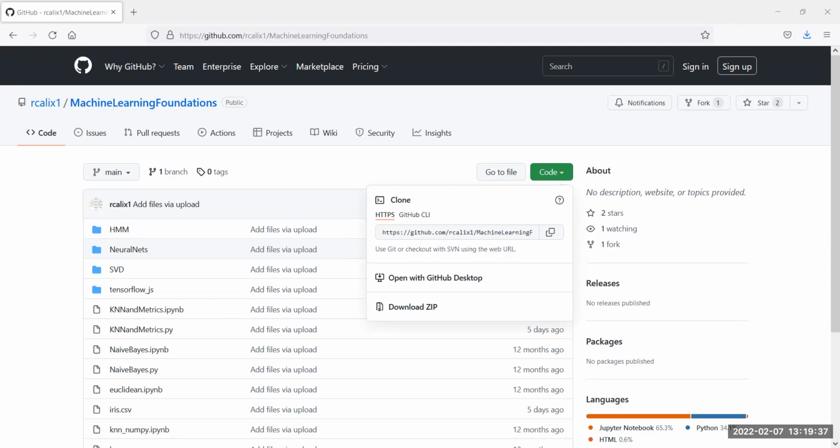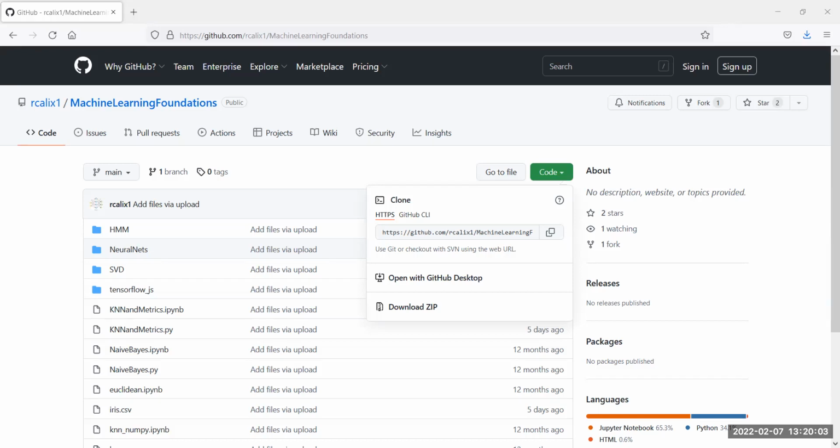So now the next step is, let's start the Jupyter Notebook. All right, I need to share the Jupyter Notebook.